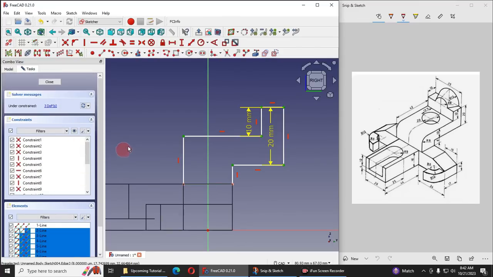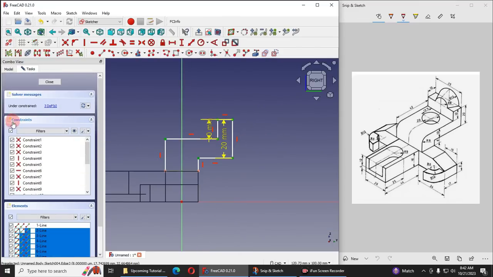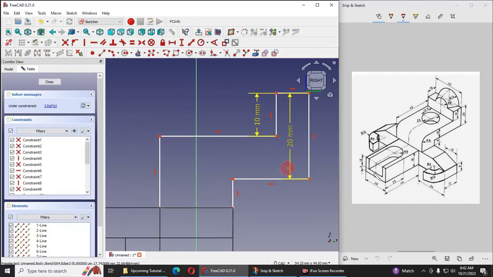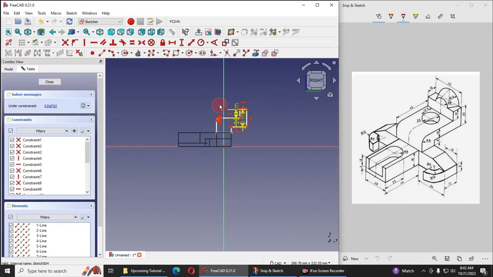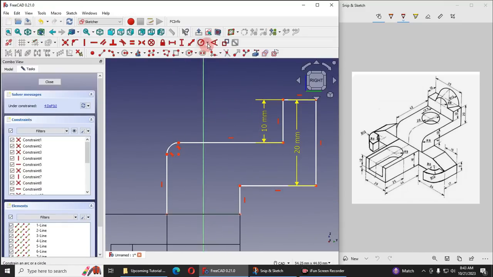Okay, this means 3 degrees of freedom, so we will constrain it. Now we will select the fillet options. So here is a fillet. I will simply select these 2 lines and I will give the radius, which is R8,